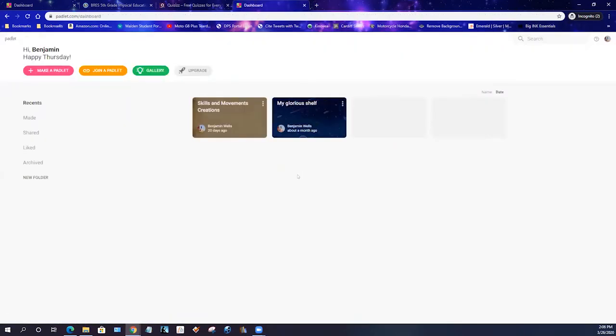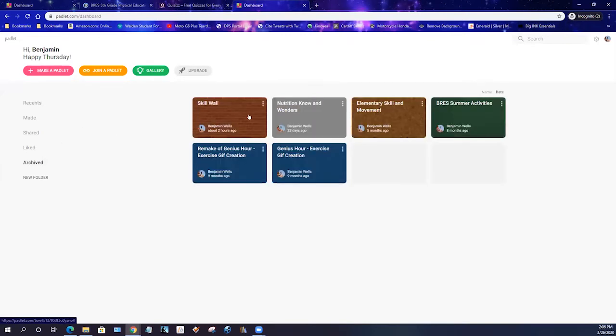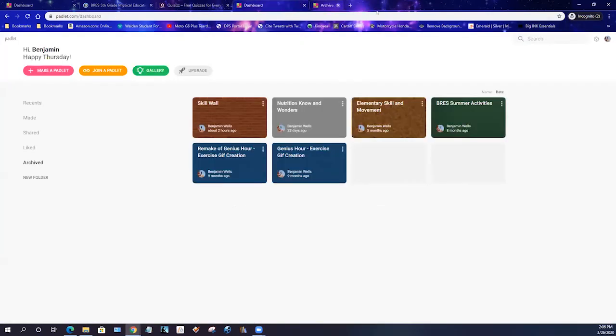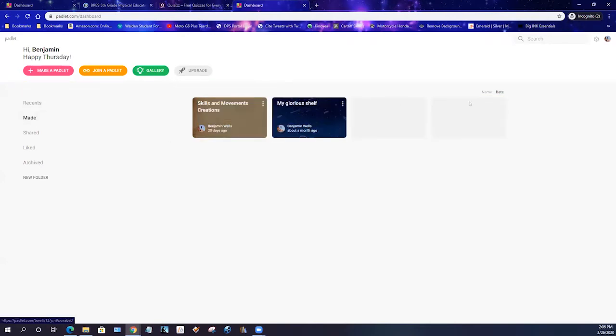Now, on their free account, you can only have 3 active Padlets at a time. I've used it a bunch of different times with my kids, and I can go back in and unarchive it if I want to see it, but I can only have 3 active at a time. And in a Padlet,